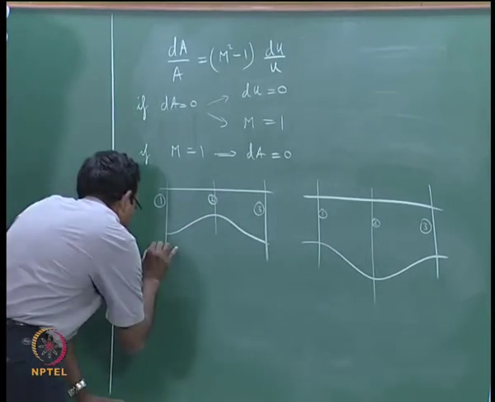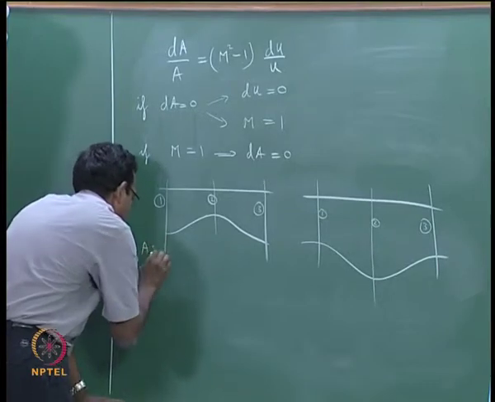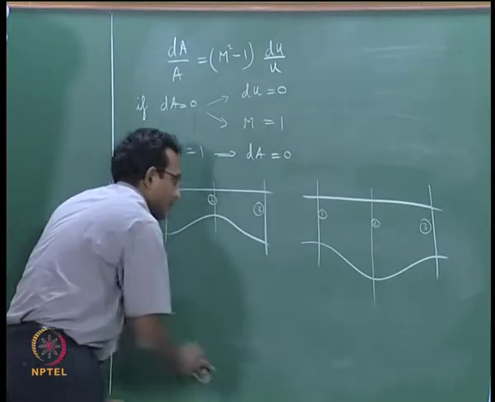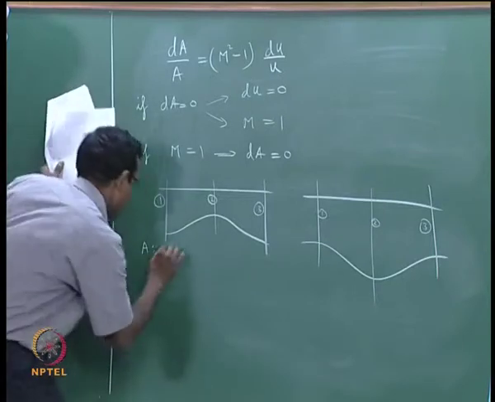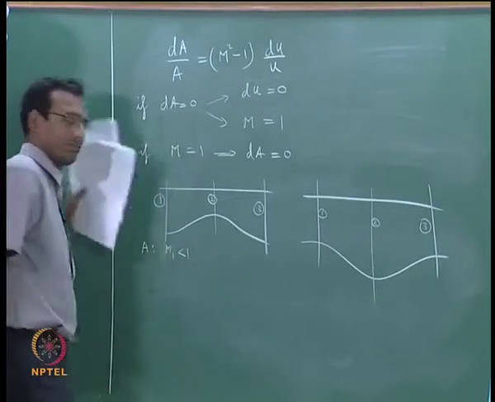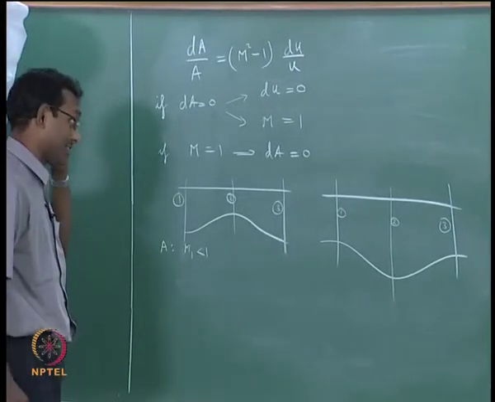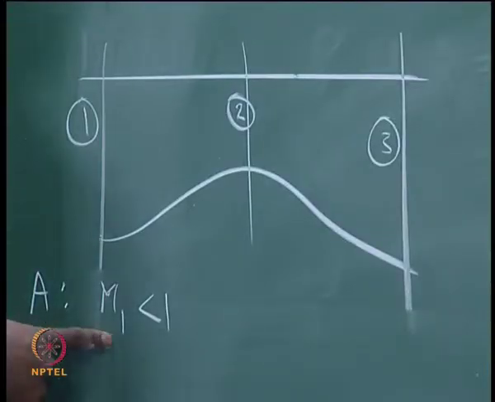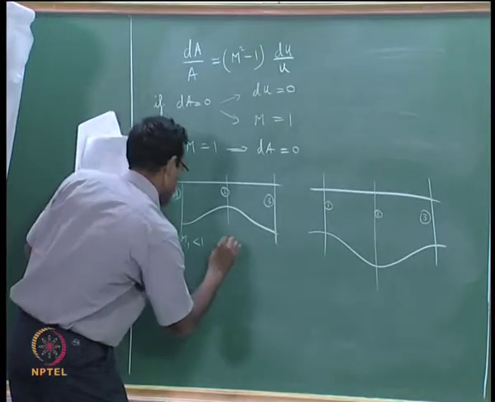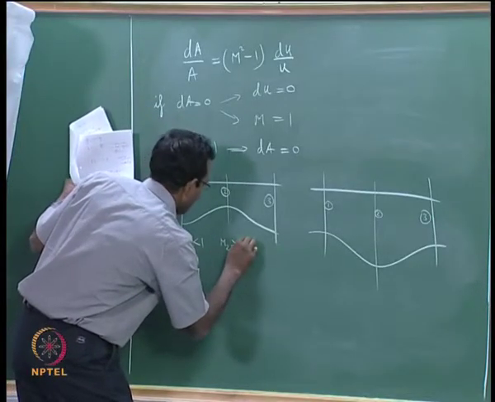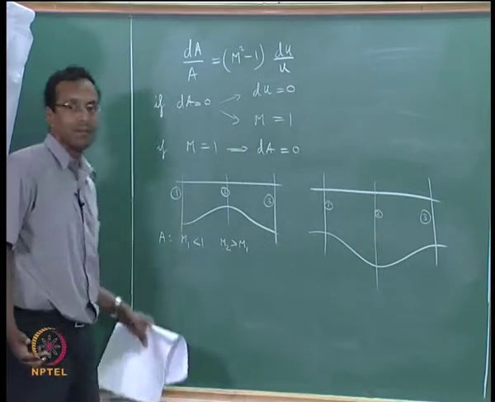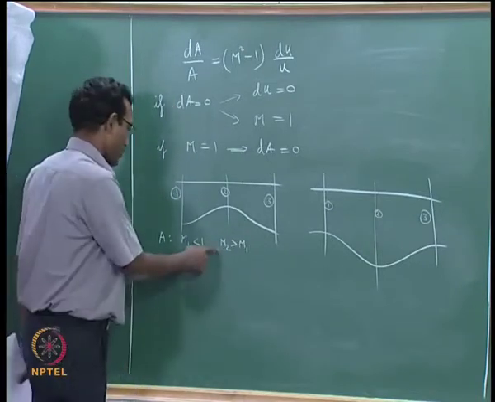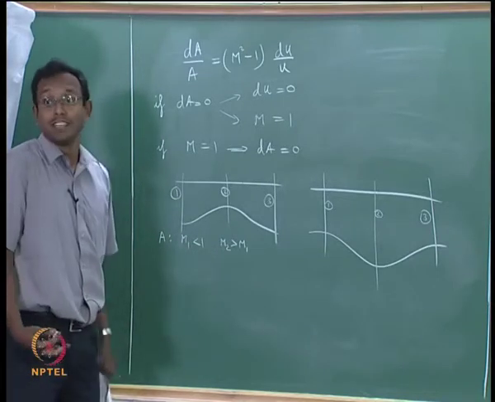I can have a case of let us say A. I can have a case where M1 less than 1. What can happen now if M1 is less than 1? M2 is more than M1 is all I can say really, okay, because subsonic flow, we already wrote the table, subsonic flow, this will accelerate. Okay. So, I can tell that M2 greater than M1. Now, what all can happen? Let us pick a case where M2 is greater than M1 and goes to Mach 1, let us assume.